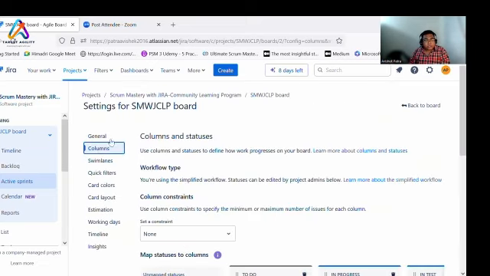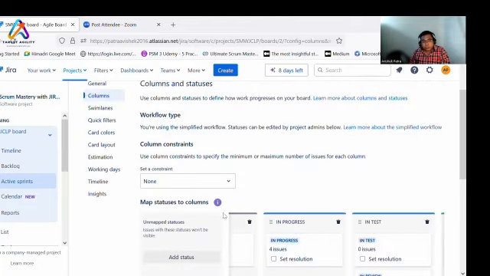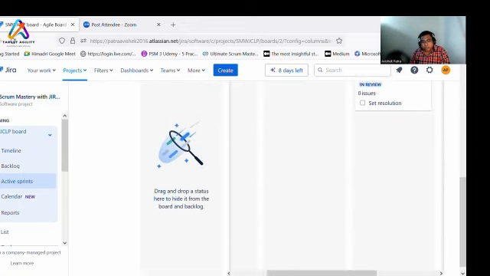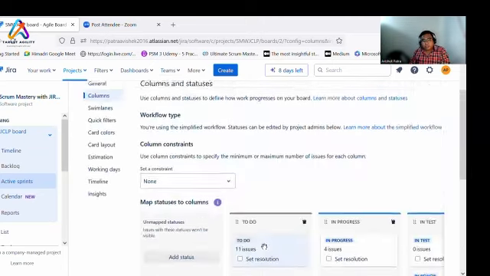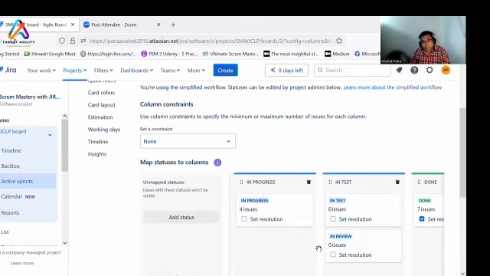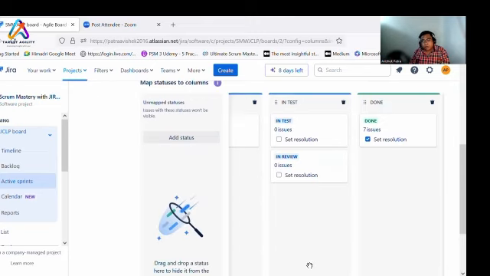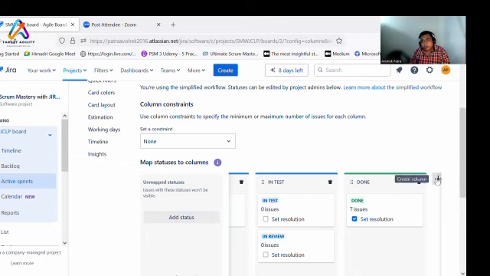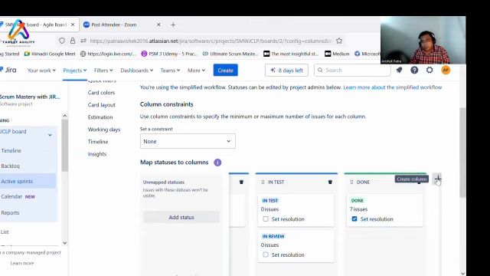Now, if you see here in the columns, I have 3 columns: to do, in progress, done. To do, in progress, in test, and done, that makes 4. You can also define 4, 5, 6 as per your convenience and your organizational requirement. So you can put in to do, in progress, or you can also put in dev, in test, in review, accepted, done. You can go and create multiple columns. Creation of columns is very easy. Go to the extreme right, you will get a plus sign,